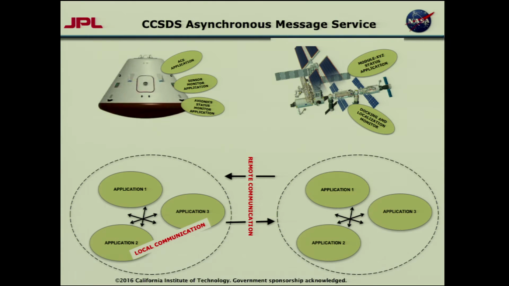A little bit about AMS. Some of the ideas that we were having. What this picture is trying to show is that you can have local message passing between subsystems on board a spacecraft using asynchronous messages. But AMS also provides a service called remote AMS, which leverages the DTN services, and so you can pass messages that will be encapsulated as bundles between vehicles. So you could have a space station and maybe a capsule that's docking with it. And so you can have message passing at the application layer or even at a higher level.